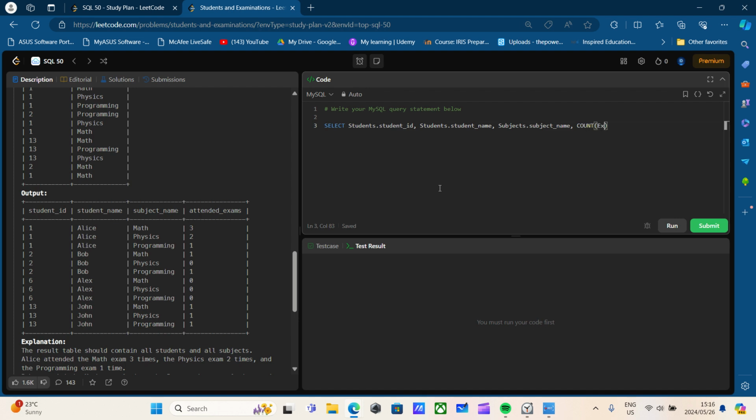So count examinations.subject name. Because if you're in the exam table and a subject name appears, it means someone sat down for that exam, as attended exams. Okay. Let's see: students.student ID, students.student name, subjects.subject name, and count of examinations.subject name. Okay. From students,